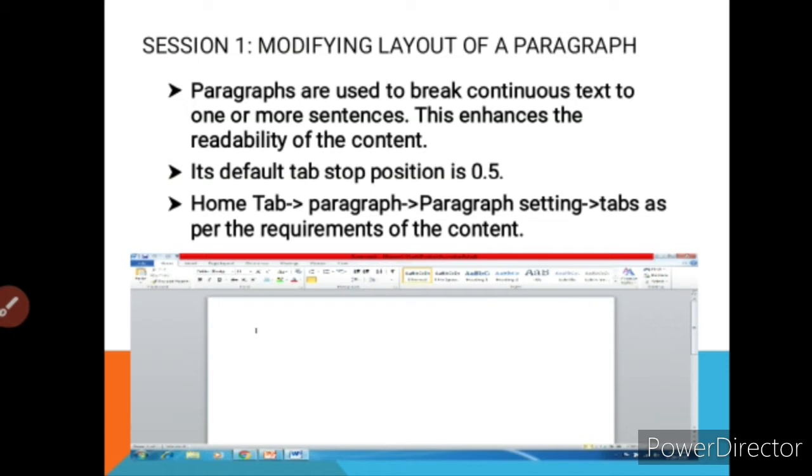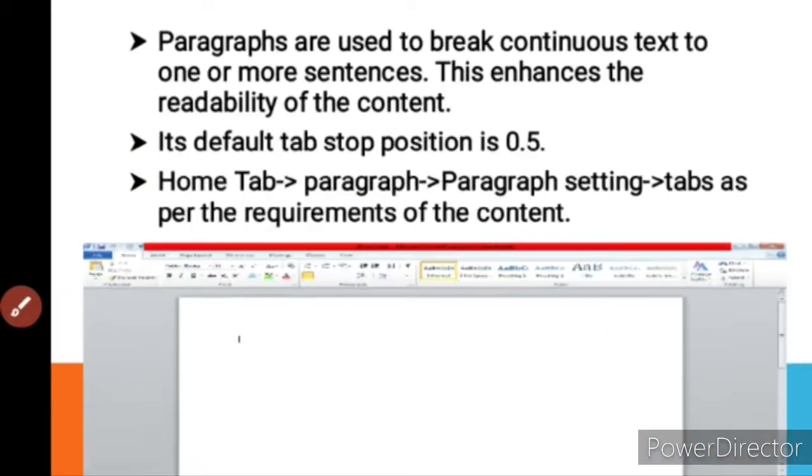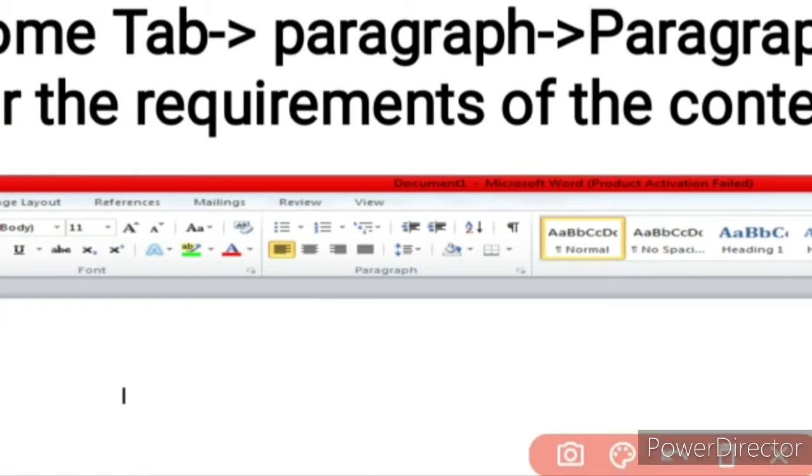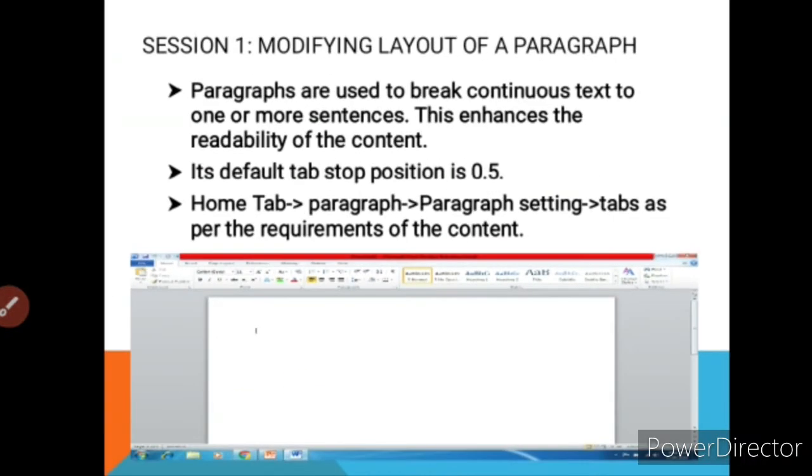Okay, so if you want to apply any kind of condition on your paragraph, first you have to do one thing. Go to your Home tab. Here you can see we have the Home tab on the upper side, right? Just click on it. When you click on it, you can see over here we have the Paragraph group. All the alignments, bullets, numbers, or indentation, all things are available here only. You can choose anything as per your choice. We have to apply all the things one by one to set our paragraph properly.